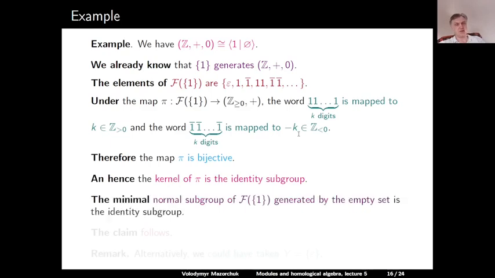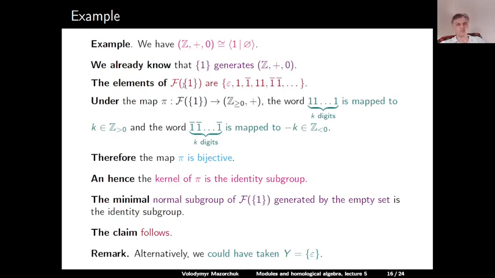And of course, the minimal set which generates the identity subgroup is the empty set. So this implies exactly that our presentation gives the additive group of integers. Alternatively, we could have taken as our presentation, instead of the empty set, simply the empty word in our alphabet,